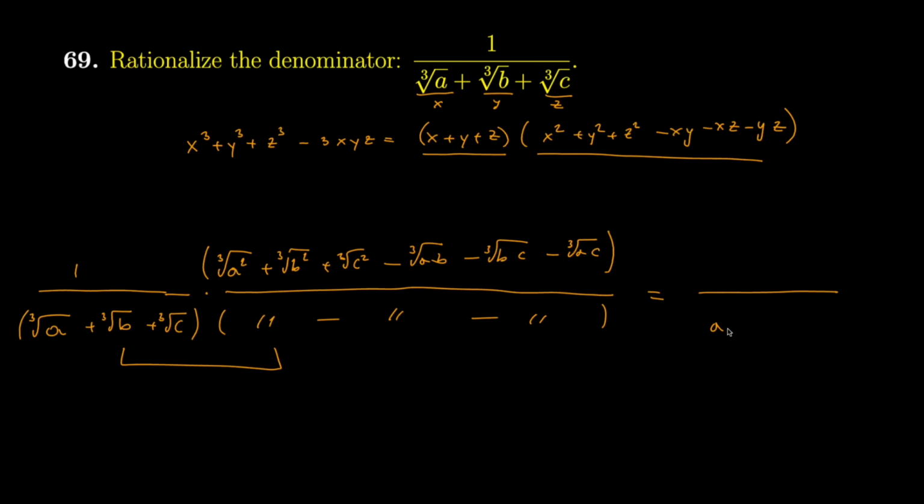So we have a plus b plus c. Cubes of these three, so if you do the cubes, that's a plus b plus c minus 3 times the product of these three numbers, that's cubic root abc, and this